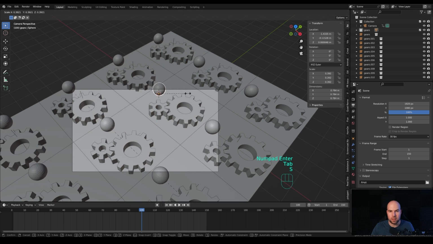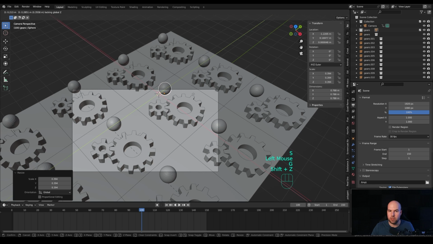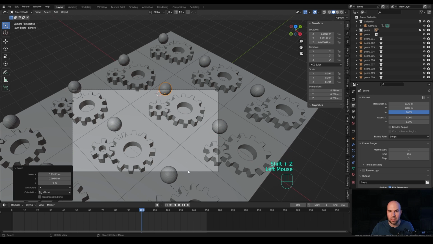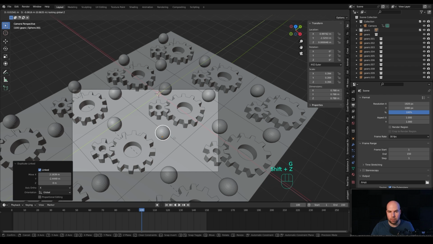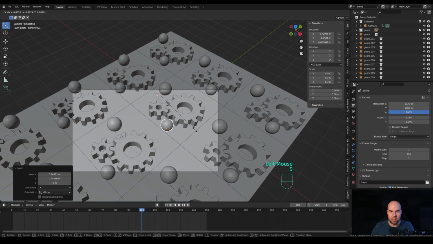Tab out, and now we can scale this down and move it around, and you can see how it updates in every collection instance. So I will just go around and place some of these. You can even go out of bounds, and that will make this seamless pattern even more realistic. If there are some overlaps, you can basically move it all the way wherever you want, just like this.